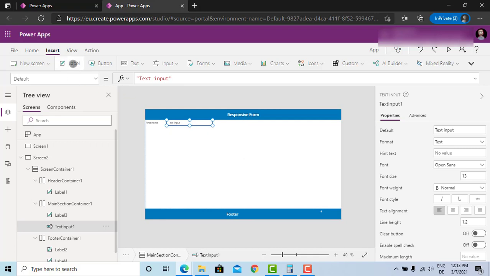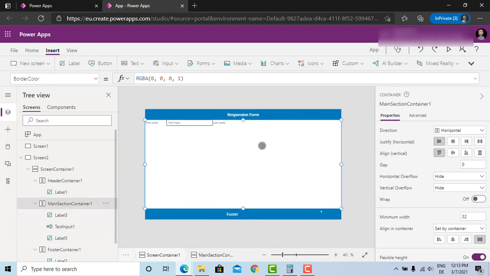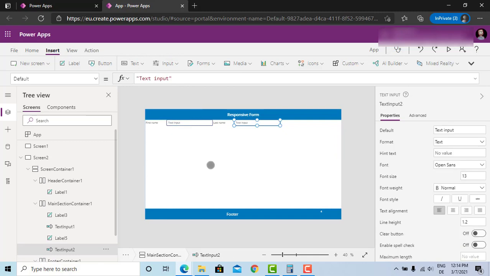Then we need another label. It's going to be last name. I'm just choosing some text boxes and labels randomly, just to test with you guys. So let's go to the next one. It's going to be also a text input, and